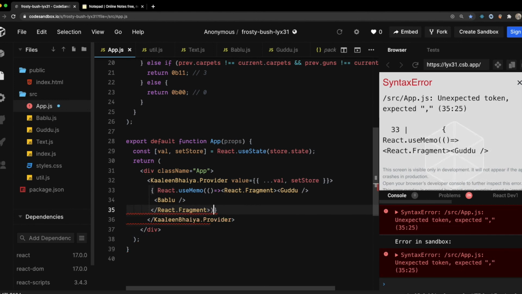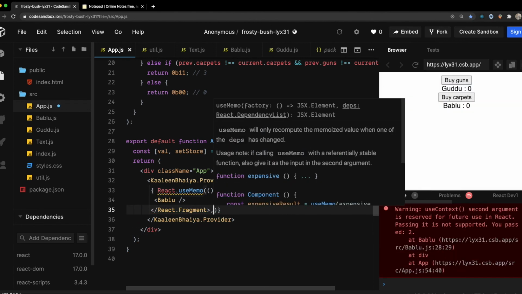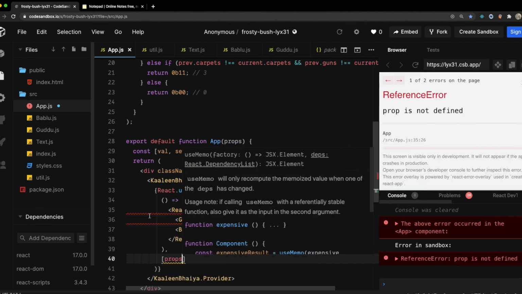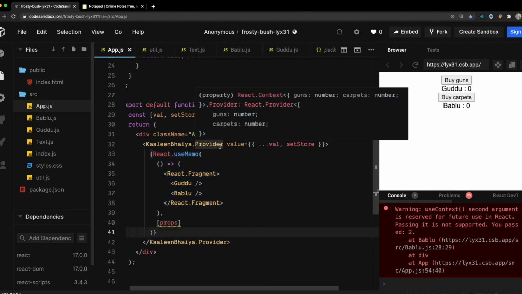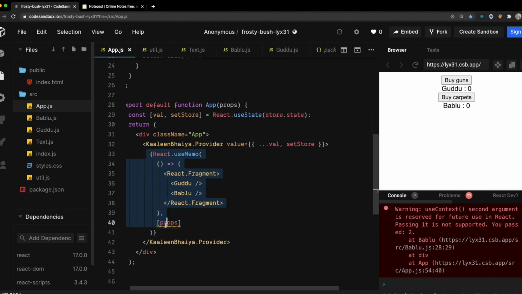And I know that my second argument is going to be props, I'll explain why. So what I'm doing over here is I'm just memoizing this whole thing so that whenever my parent renders itself, this component does not re-render itself, right? I'm just going to stop this rendering due to the parent-child relationship, and I'm just relying upon the context, right?